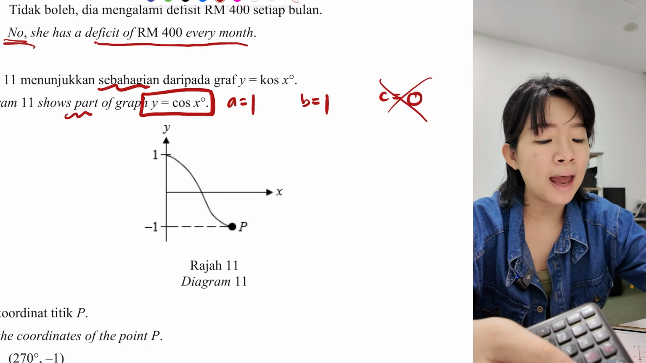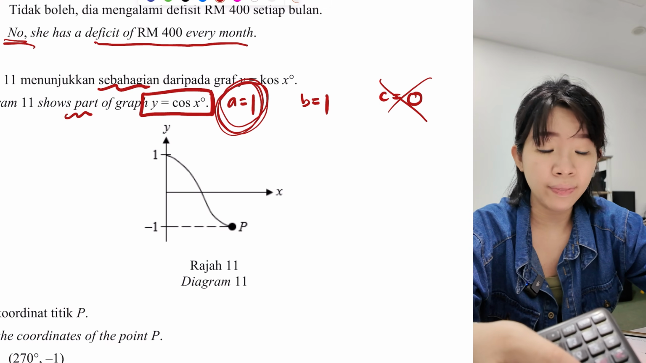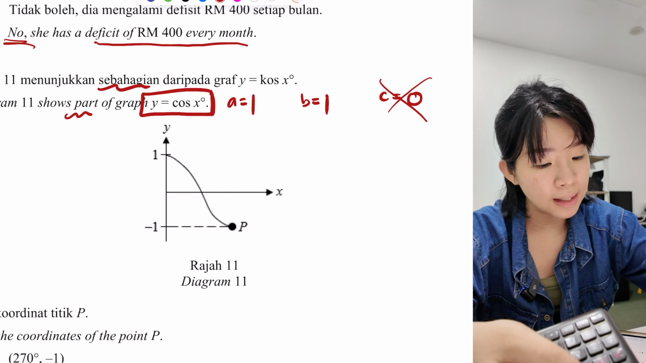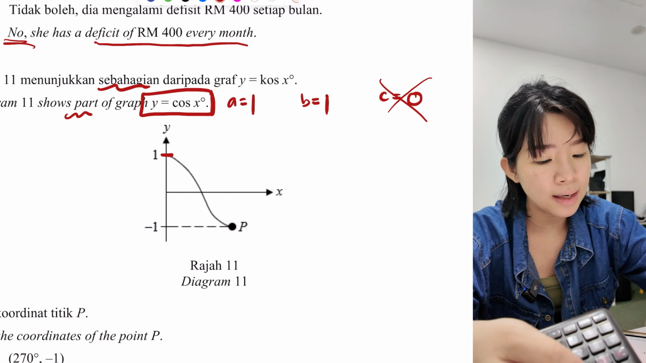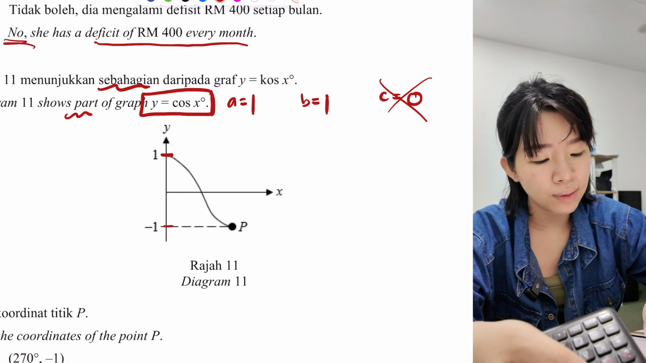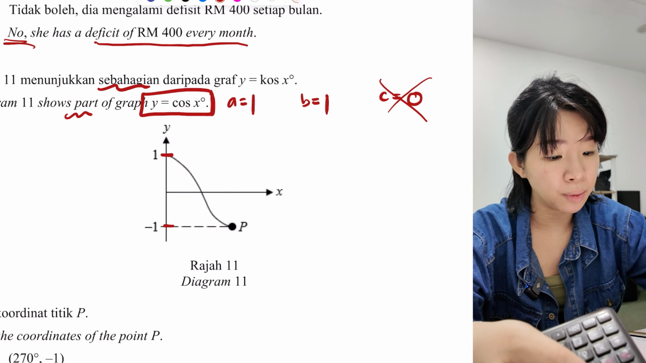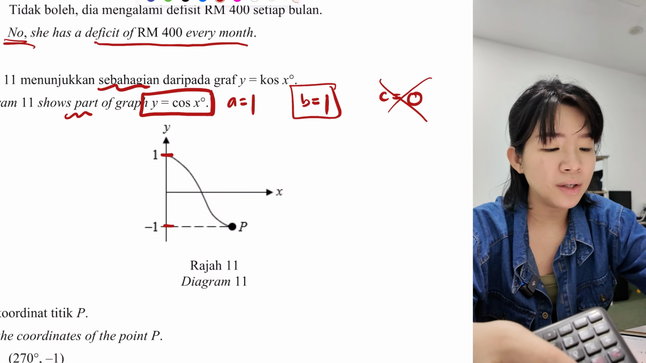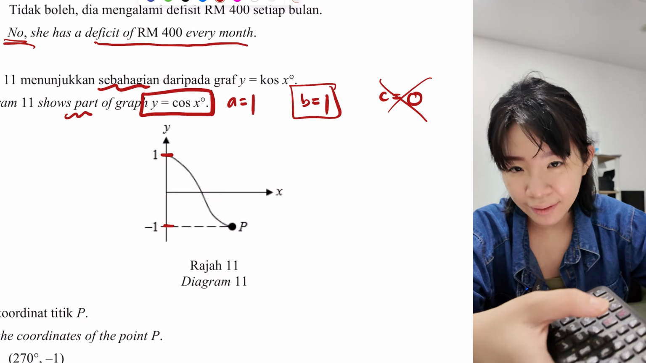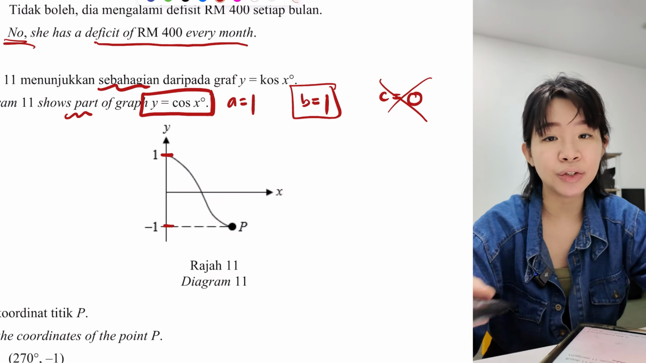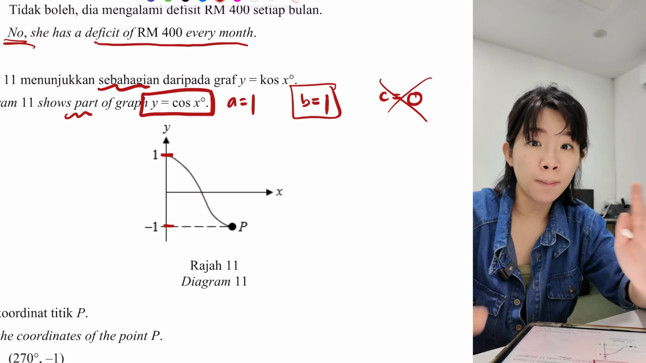Now when we say amplitude 1, A means amplitude 1, meaning the cos graph starts from 1 and goes all the way down to -1. Okay, so that's the amplitude 1. How about B? What is the meaning of B? B will tell us that in 360 degrees, a complete graph,